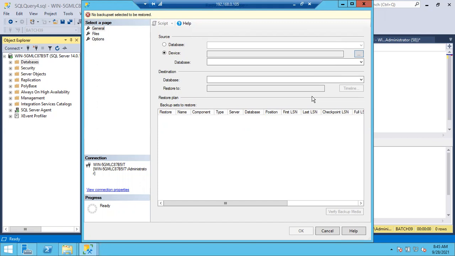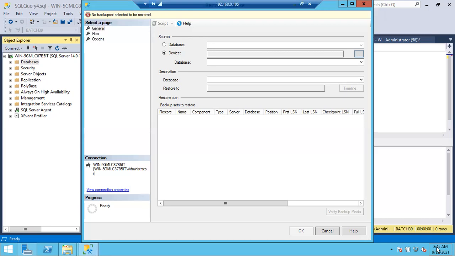Yes, sir. Okay, any questions? Sir, someone deleted one table. How to restore it? Good question. Someone deleted one table. At what time did he delete it? Imagine at 8:45 he deleted it. At 8:45 he deleted. Now you have to use all your existing backups to restore till 8:45.